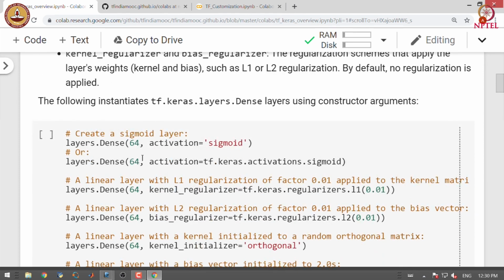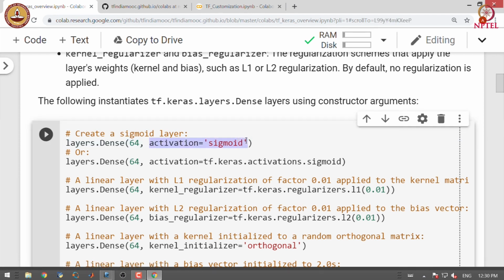So, you can see that here we can specify activation using a simple string or using the expanded name like tf.keras.activations.sigmoid. That is the long form of the sigmoid activation. Here we are adding L1 regularization with a regularization factor of 0.01.